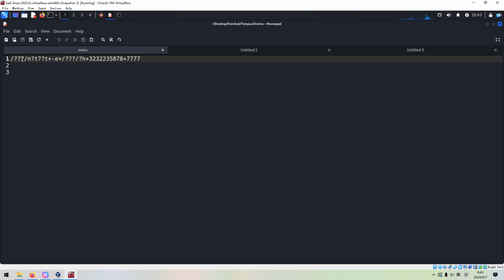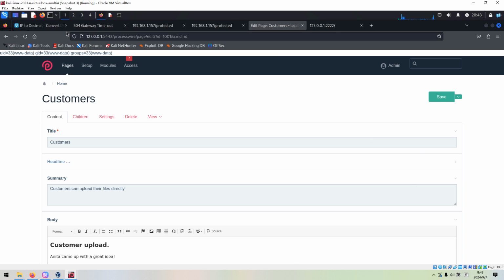Although this is a wildcard, the system can identify the command. Okay, this should be the /bin/sh. And this one should be the decimal format of the IP address. And you can go to this website.